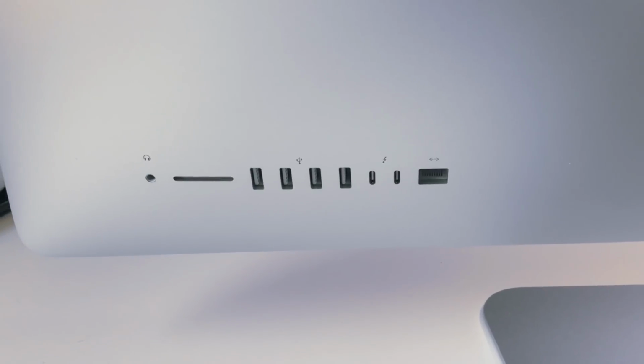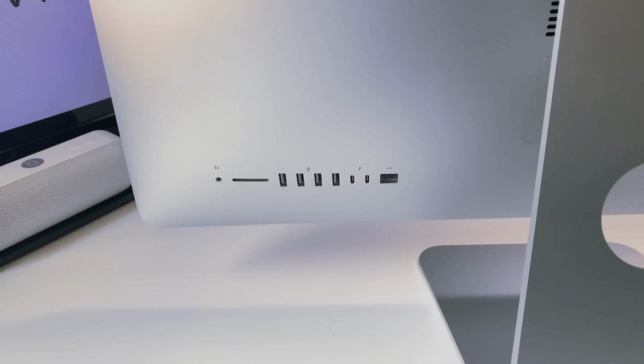The I/O was changed as well, which shows two new USB-C connectors which support Thunderbolt 3. These ports are essential if you want to connect to a high quality display or if you require extremely fast transfer rates to and from devices. Also included are the 4 USB 3.0 ports along with your SD card slot, audio jack, and Ethernet jack. All of these ports remain the same from previous generation, but I have no complaints with the addition of USB-C